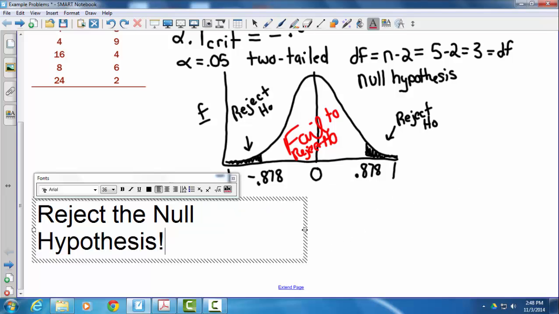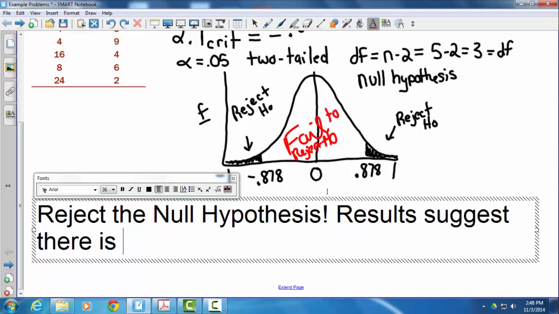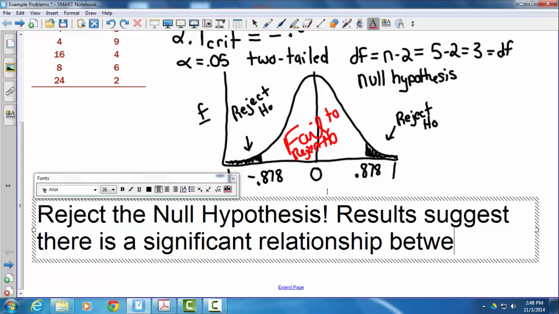And I'm going to conclude, remember we need to include the independent variable, the dependent variable, and the word significant. And because this is a two-tailed test, we're just going to say significant relationship, not positive or negative relationship, just relationship. So results suggest there's a significant relationship between marital satisfaction and overtime. So results suggest there is a significant relationship between